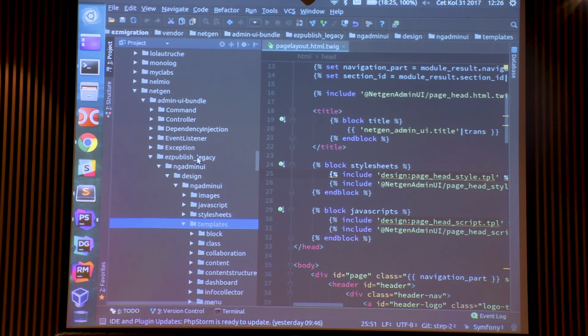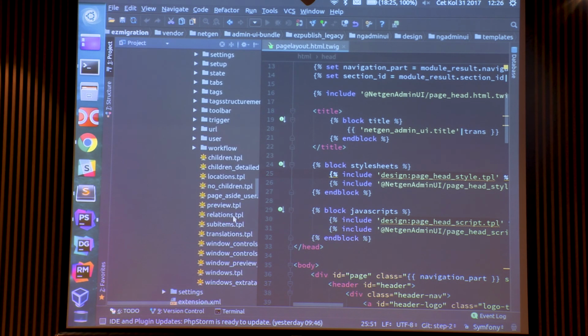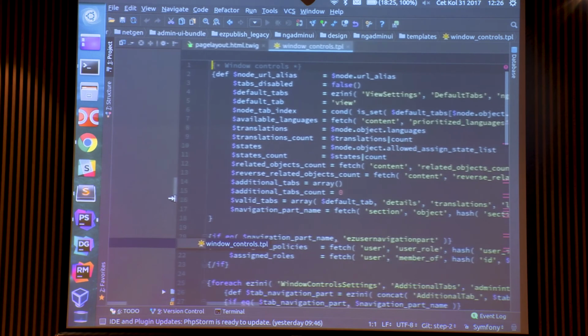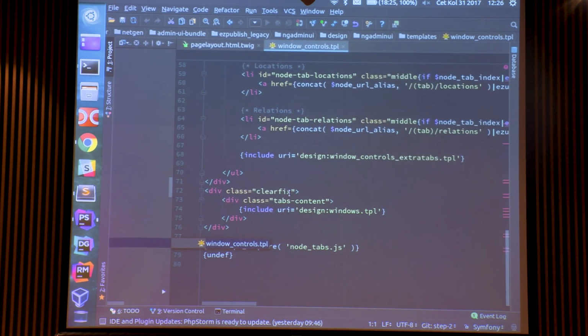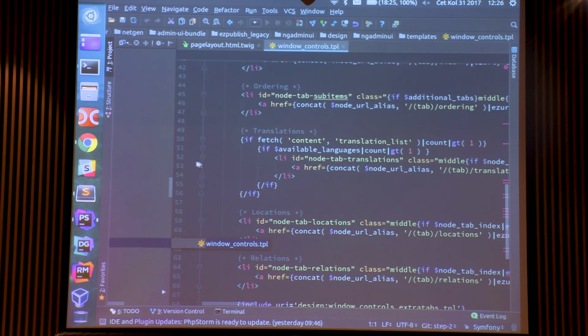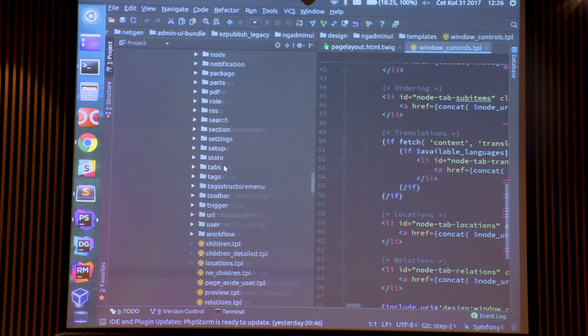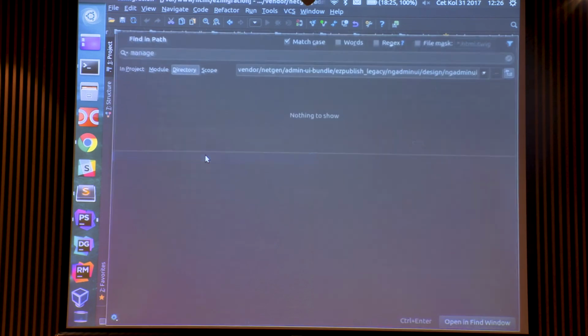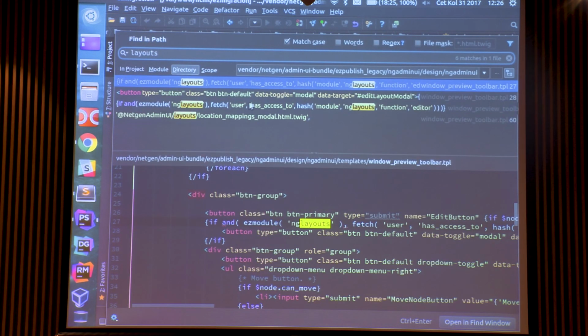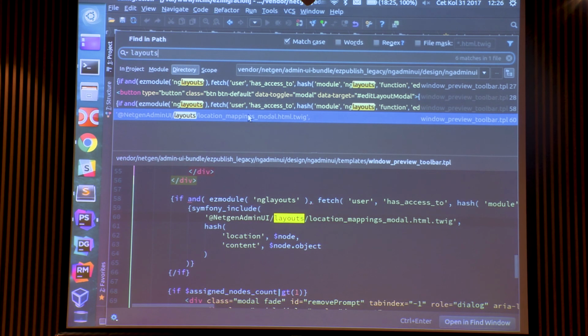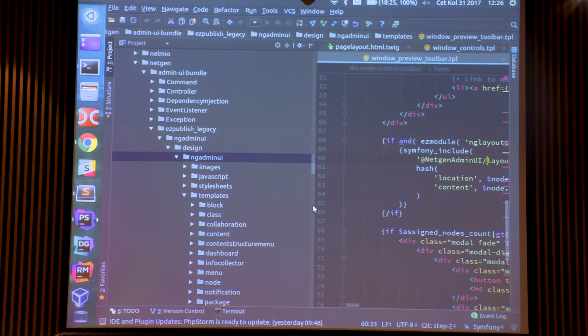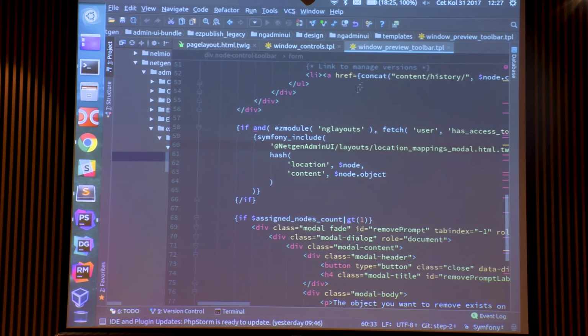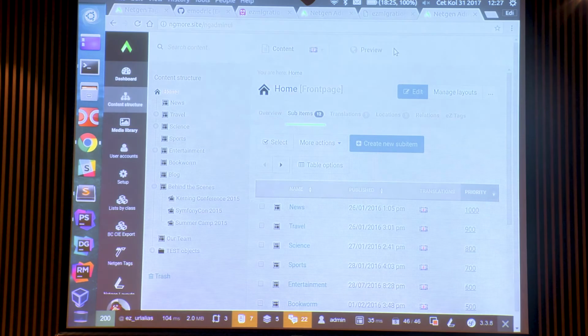So inside one of those legacy templates, I think it's here. Nope. Let's find it. Okay, so here it is, window preview toolbar. So this is a template that renders the top part of this page, and